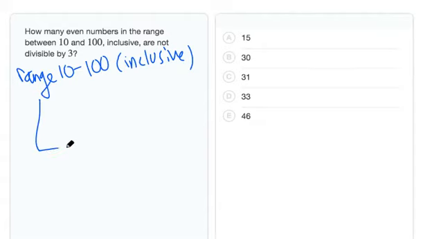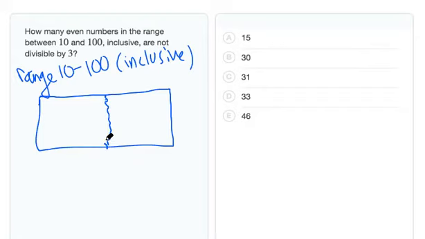And we can picture what's happening here. Imagine this box represents all of the possible numbers between 10 and 100 inclusive. About half of them are going to be even and half are going to be odd, right? Just because we have a range. We haven't figured out the actual number yet. And then out of all of these numbers, we have the ones that are divisible by 3. So we have a chunk of numbers that are even, a chunk that are odd, and somewhere we have these that are actually divisible